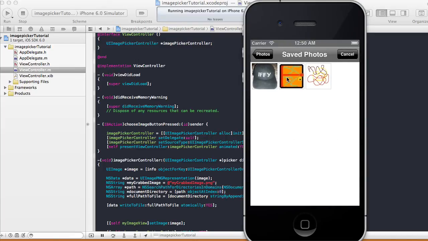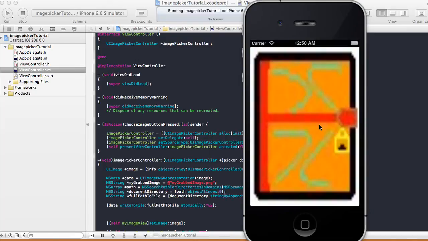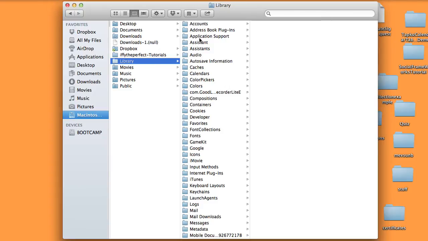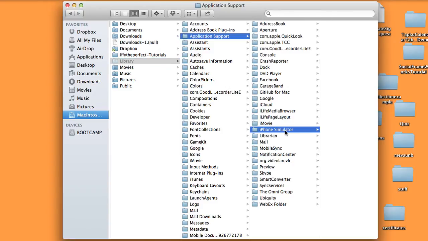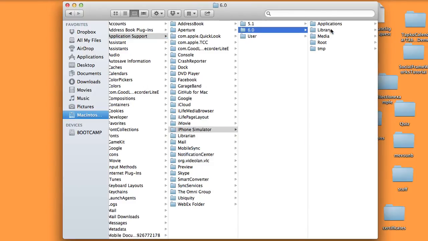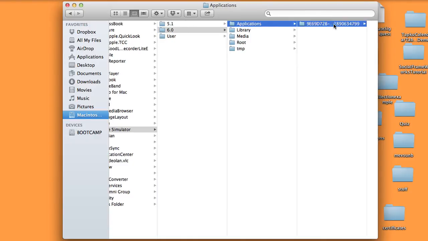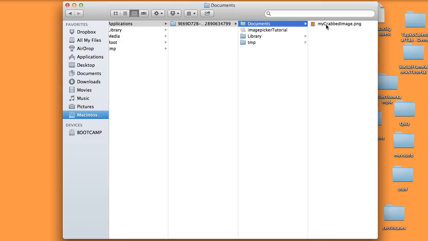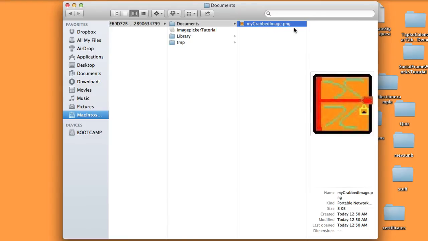So go choose image, and then we grab this one, the book picture. Now look into your Finder, go to your libraries, then application support, and then go to iPhone simulator. And I'm running on 6.0, and go to your application. Then that is your application, the image picker tutorial. Go into your documents directory, and there's your appended, which is called